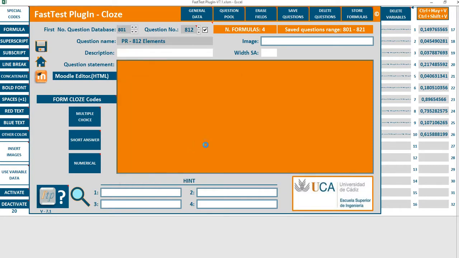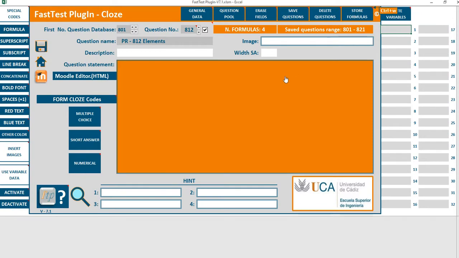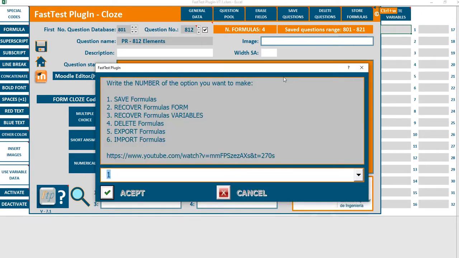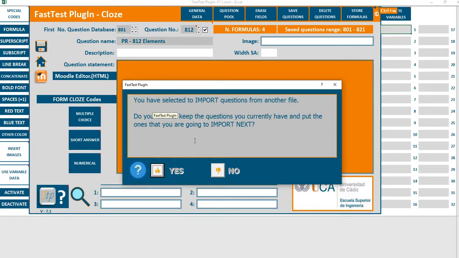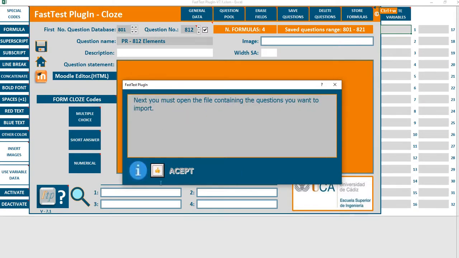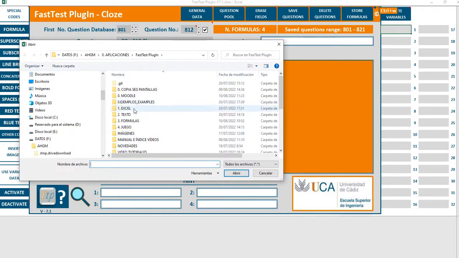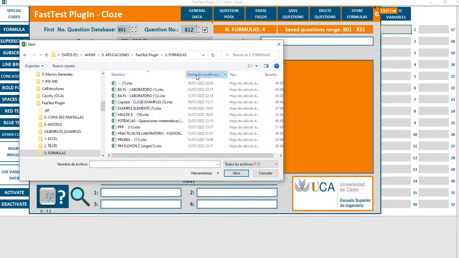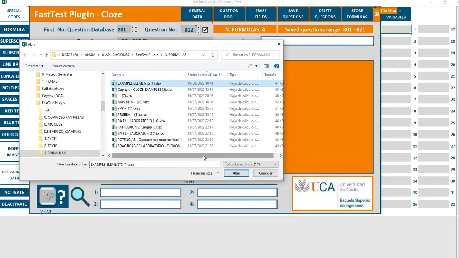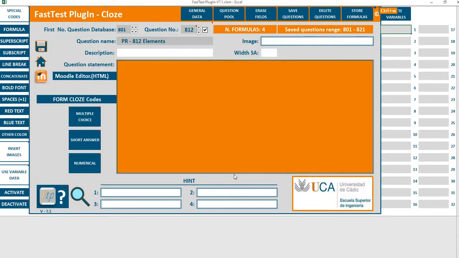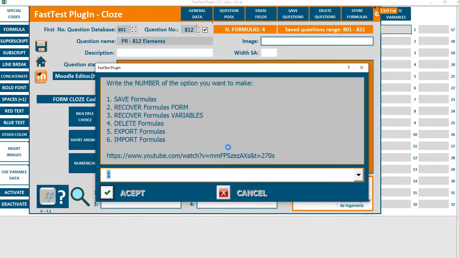If you want to restore form prepared for other people, or you save another question, another, I import forms 6. Okay. Have you select import question? Yes. You must open the file container. Okay. I select the form. Select this file element, open, and I import recover formulas, formulario, select 2,